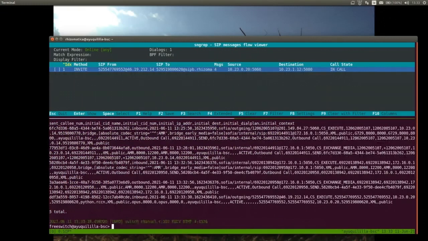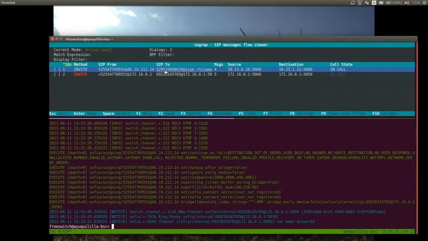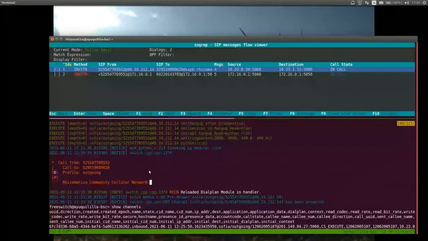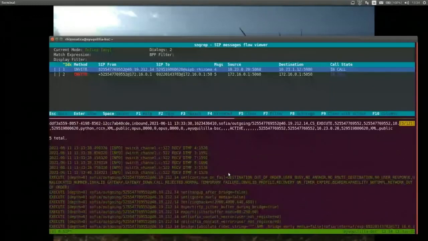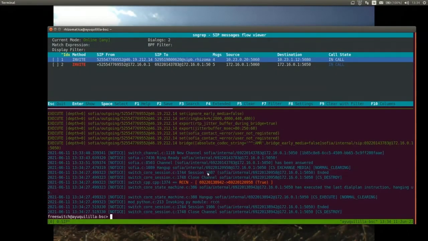So here we have a call incoming from one of our SIP servers into the system here. 5295198000620 would be the DID number assigned to this particular village. So when that number is called, FreeSWITCH will answer. We can scroll back there, we can see that FreeSWITCH answered the call and played back a message that says, welcome to the community, please enter the 5-digit number of the mobile handset that you want to communicate to. So here we can see receiving the DTMF tones that this person entered, followed by the hash key, and then FreeSWITCH proceeded to send that call to the Osmo SIP connector,